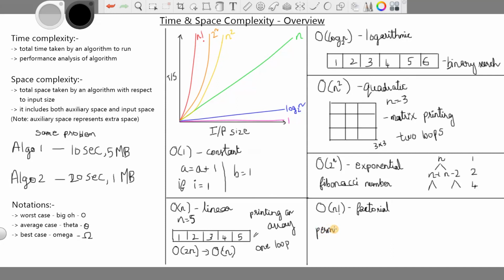So when you are going for some permutation problem, that problem complexity will be n factorial.